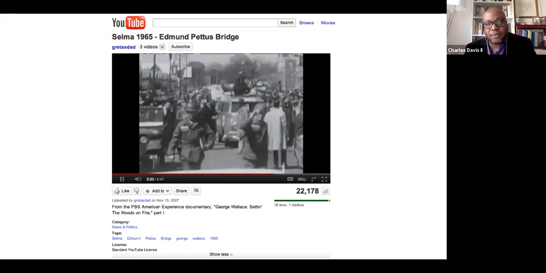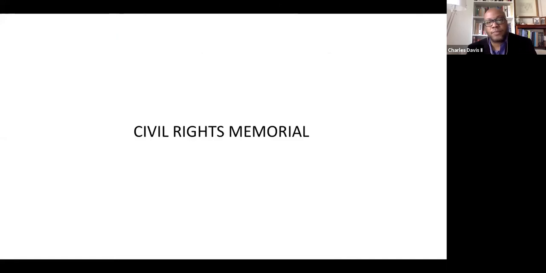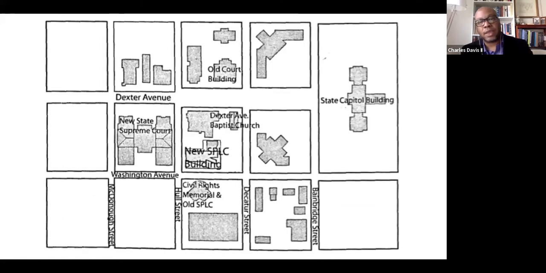You can actually see some of the television footage that started to turn the tide and to make this not just a Southern Black Christian movement, but a national protest movement across the US. Now, if we think about the memorial itself, and remember it's here on the other side of the building,